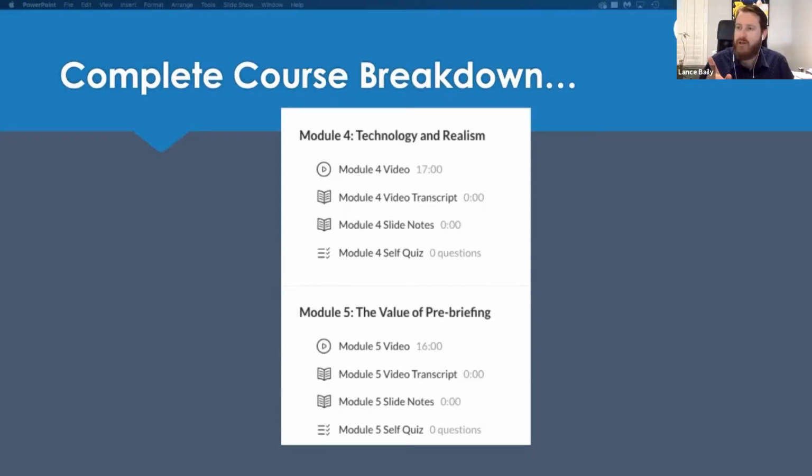And I just want to clarify that pre-briefing is slightly different from orientation, right? Orientation is probably something that needs to be done at the beginning of the day for the learners, to the environment and the technologies that they're going to be working with, so they can better understand how to feel for the pulse and whether the pupils dilate on this particular mannequin. What are the technological features or things that they might need to know about? Where are the O2 masks? Let them play in the environment in the room.